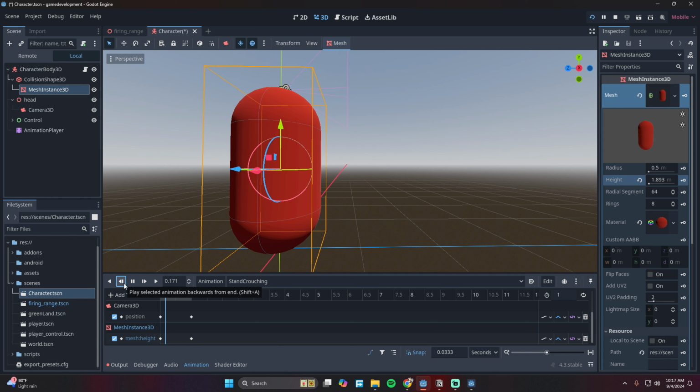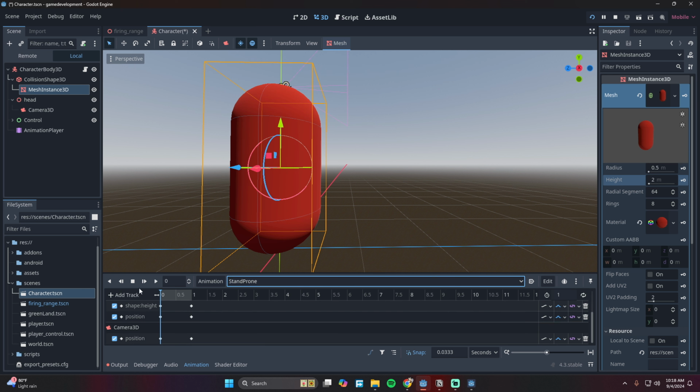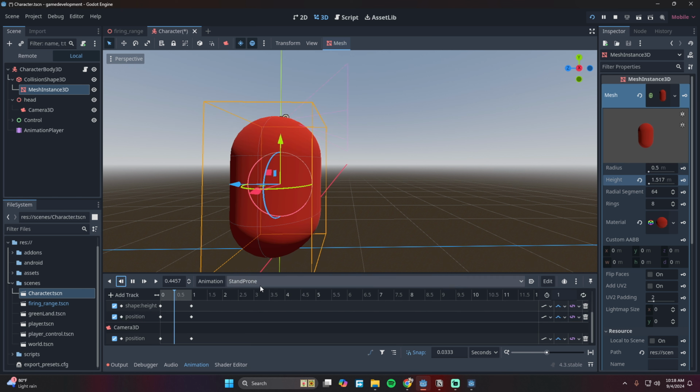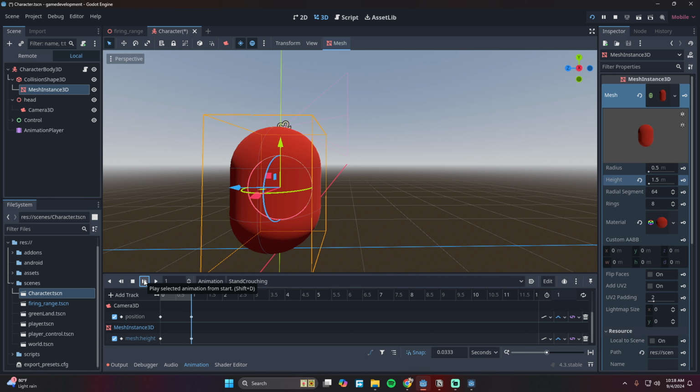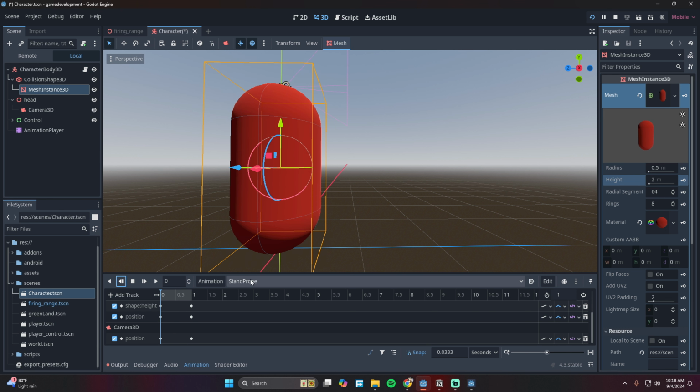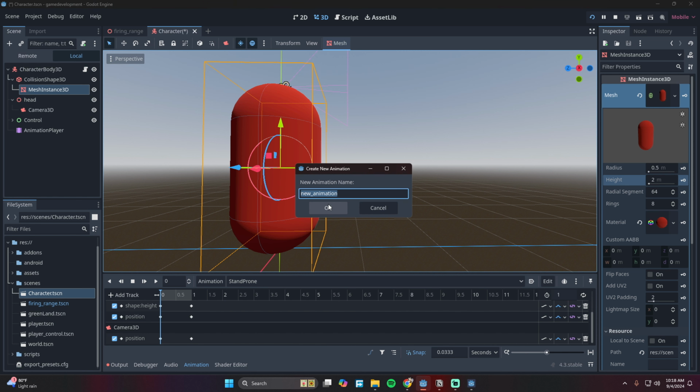Wait. So let's have a review. We are making a finite state machine for our stand crouch prone system, correct? So we have stand to prone, prone to stand, and then stand to crouch, and then crouch to prone. So we are to make those animations for our transitions. So let's create here stand, crouch, prone, no, prone crouching. Yeah,